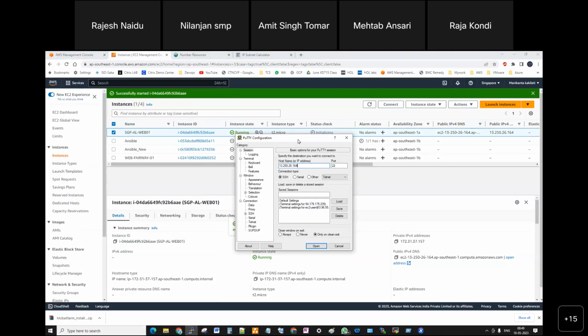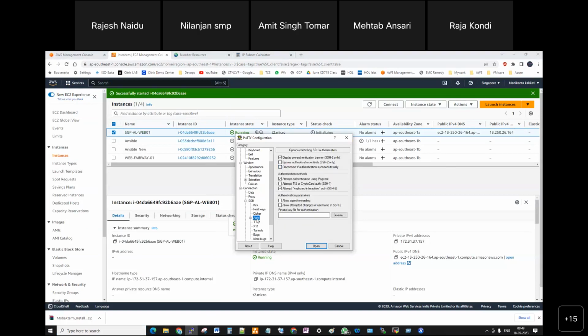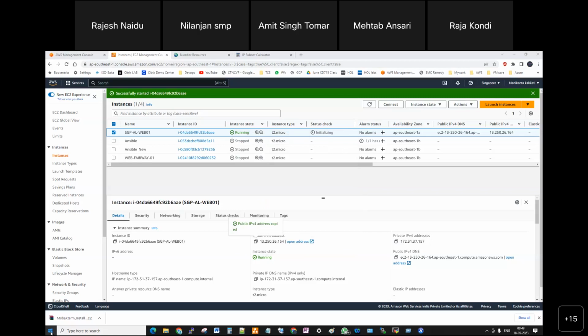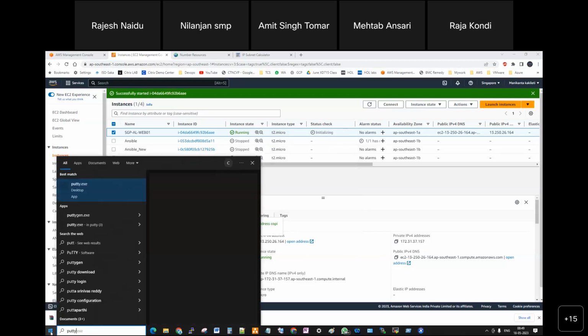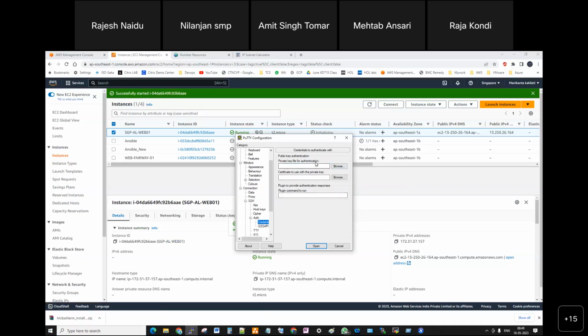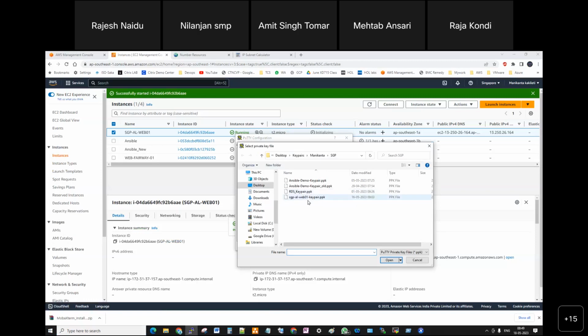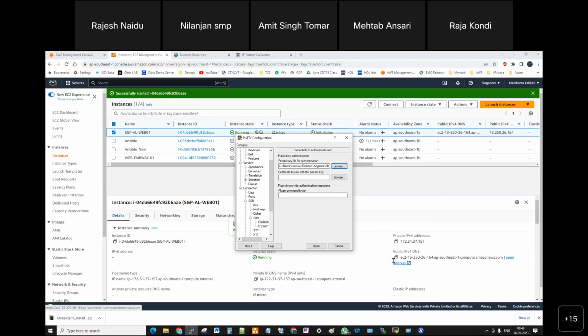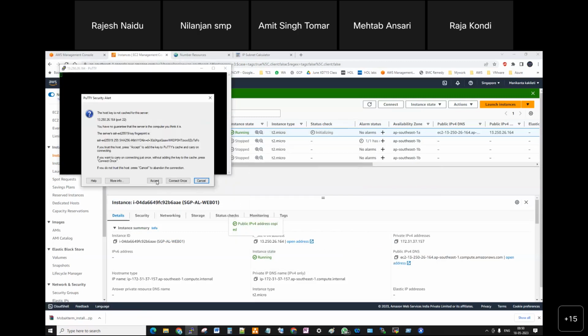I think PuTTY has two versions. This is an old version. Once you select SSH, by default the authentication will ask for the private key. And I have one more PuTTY file, the latest one, recently downloaded. That PuTTY file is somewhat different. So that's a new file. When you expand SSH, authentication credentials will be there. Here you will get the private key file. Both are the same, guys. Don't worry about that. Accept.